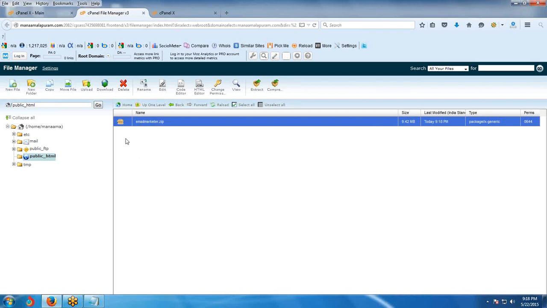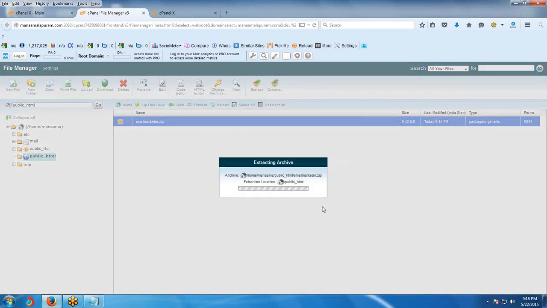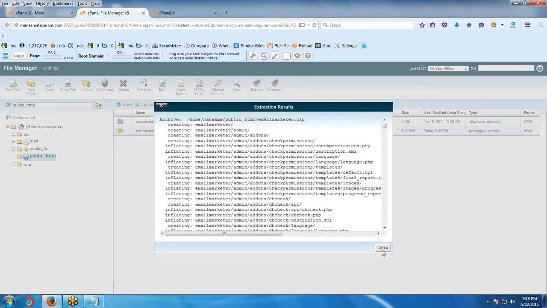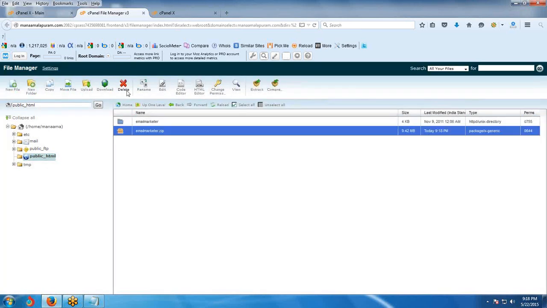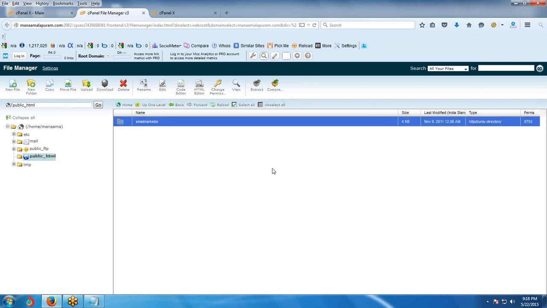We don't want any zip folder, so we must extract. Second step is extract. Now immediately you must delete this zip folder because it is occupying some space. Okay, now all files are in the email marketer folder.